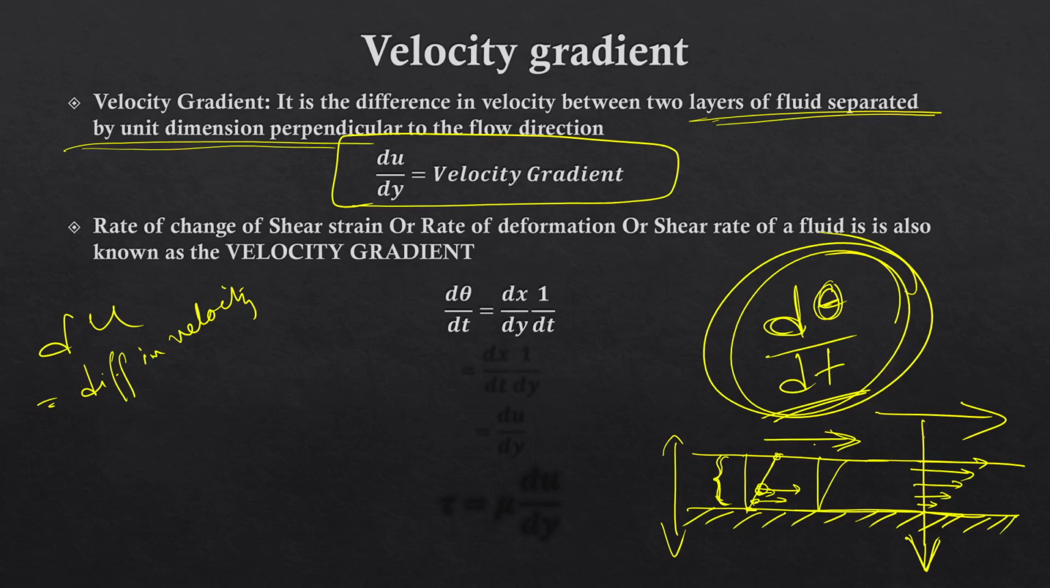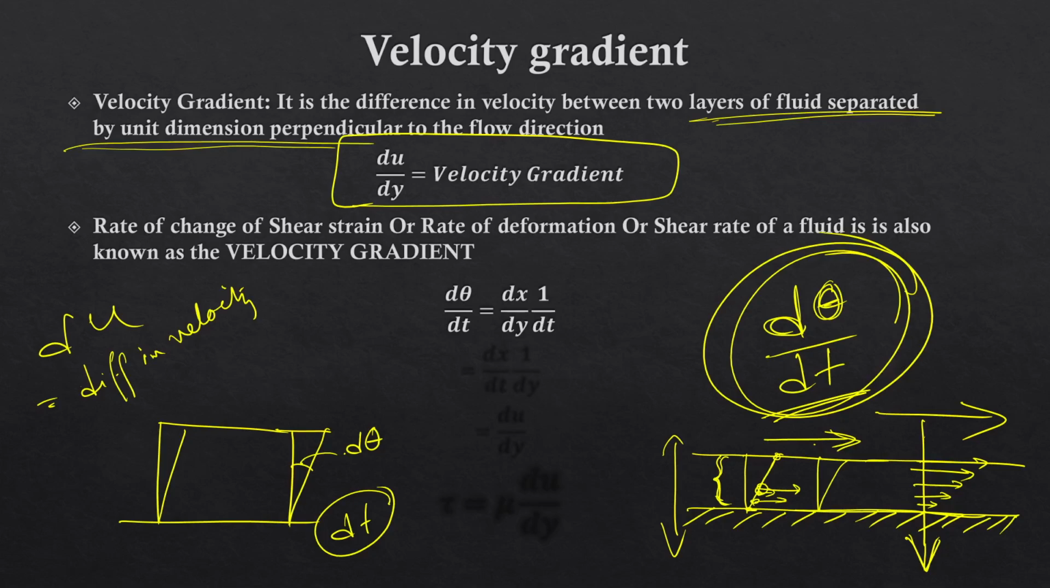So d theta by dt, again if we take this kind of an element, suppose this is the angle by which it deformed over a given time dt. So d theta by dt will be equal to dx by dy, where this is dx, the distance by which the top layer of the element has deformed, and dy is